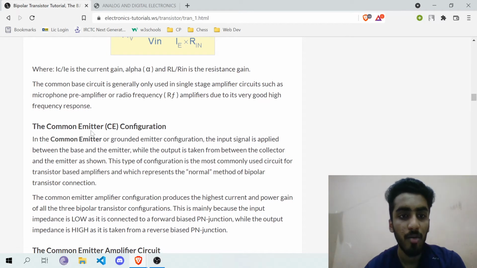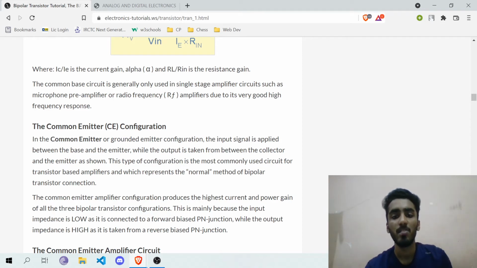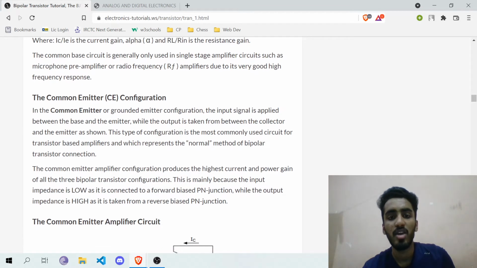Now we will study common emitter configuration. In the common emitter or grounded emitter configuration, the input signal is applied between the base and the emitter, while the output is taken from between the collector and the emitter as shown. This type of configuration is the most commonly used circuit for transistor-based amplifiers and represents the normal method of